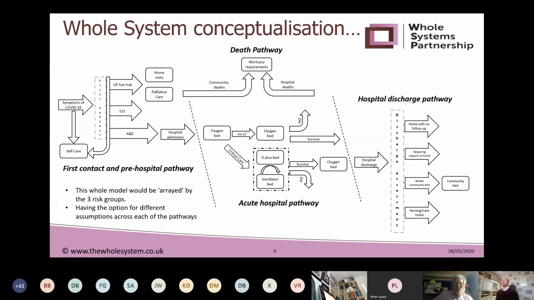Anyone being admitted with COVID would be placed into one of these beds and would have a stay in one of these beds. And the pathway might include a patient going through all of those beds. So we had a lot of assumptions, some that came through from Imperial initially, and then we went into a bit more detail about those once we had more data coming through. Other outputs included deaths. We needed to understand mortuary